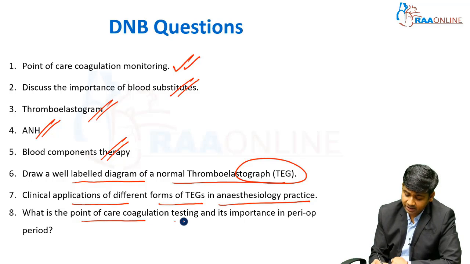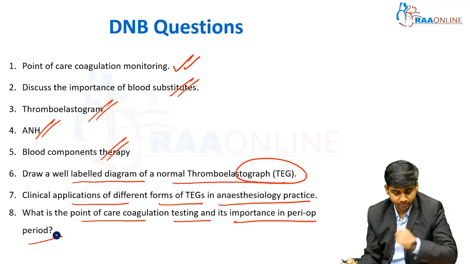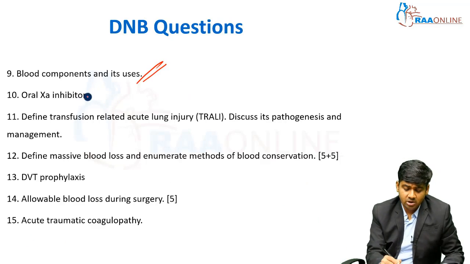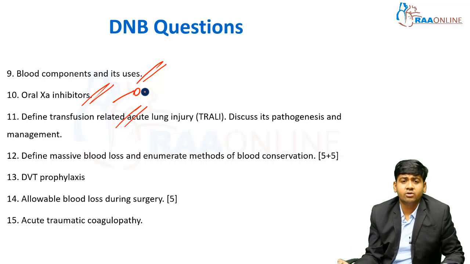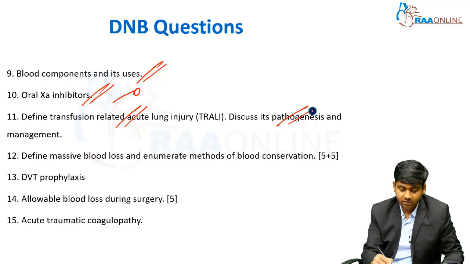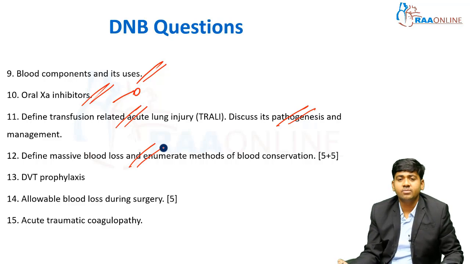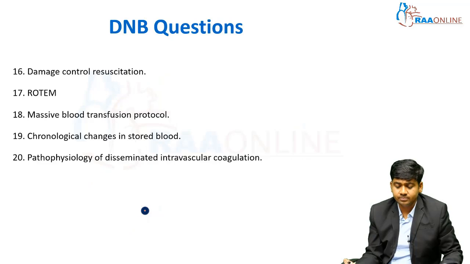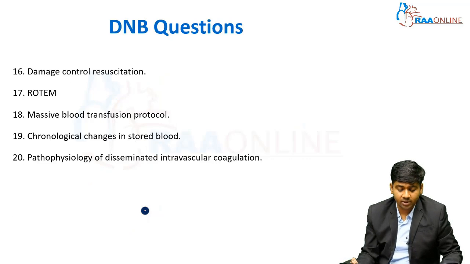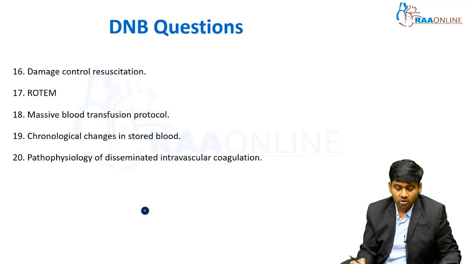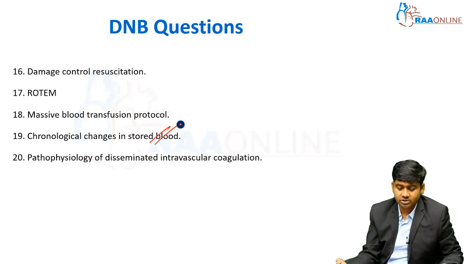What is point of care coagulation testing and its importance in the perioperative period? Blood components and their use. Oral direct factor Xa inhibitors, also known as novel anticoagulants. Define transfusion-related acute lung injury or TRALI. Discuss its pathogenesis and management. Define massive blood loss and enumerate the methods of blood conservation. DVT prophylaxis. Allowable blood loss during surgeries. Acute traumatic coagulopathy (ATC), damage control resuscitation, ROTEM, massive transfusion protocols, chronological changes in the stored blood, pathophysiology of disseminated